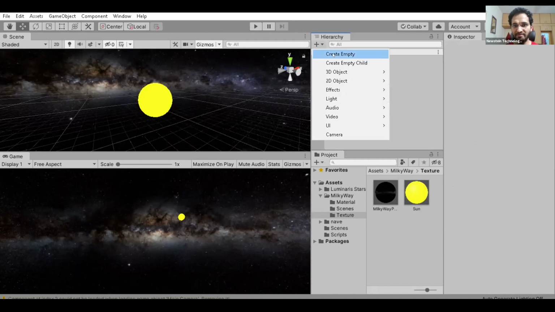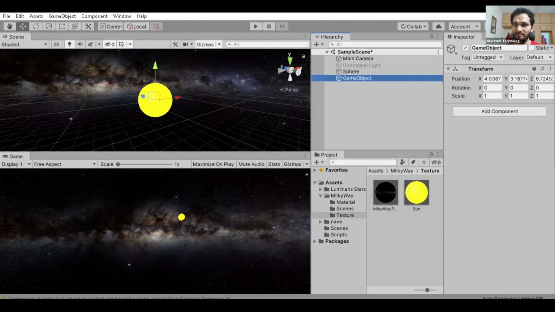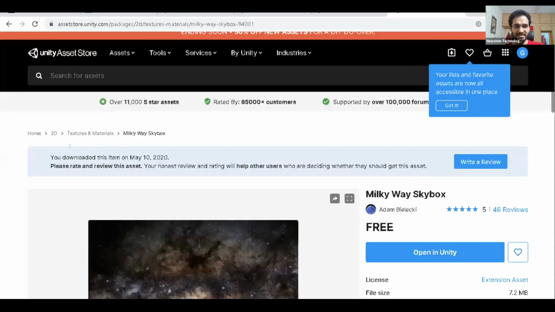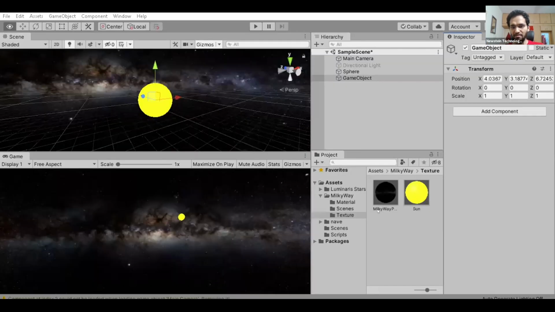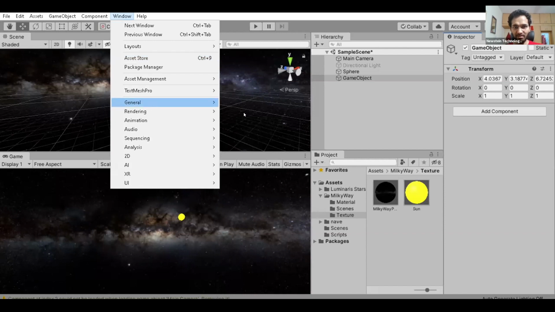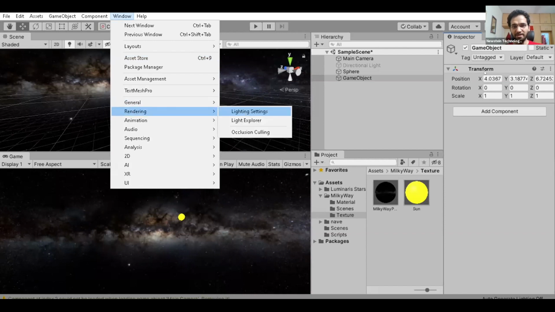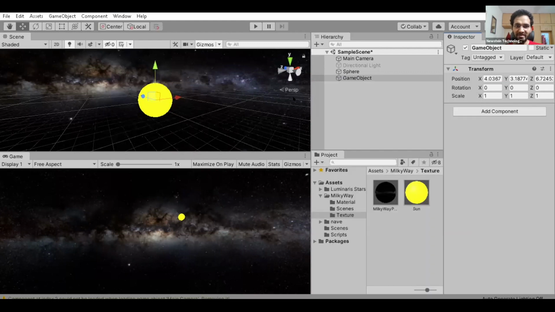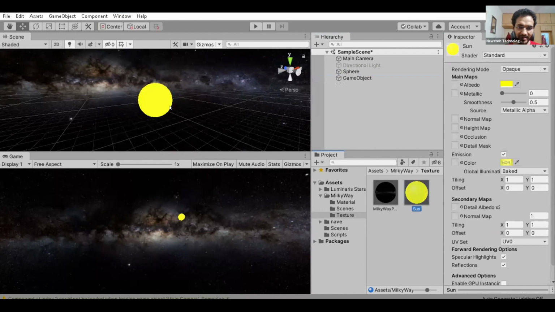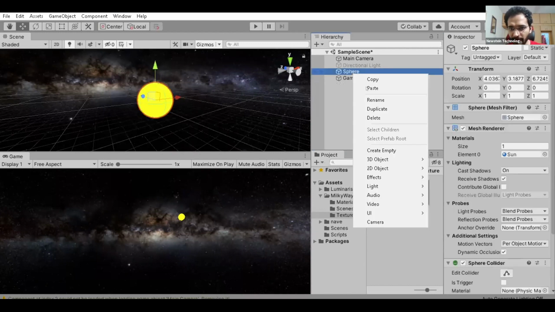Now I'll create an empty object. First we'll create the planets and then we'll come to the sun. So for planets, first I am creating an empty object. So everyone just watch that. I have not done anything new. I have imported the Milky Way galaxy asset, and you can drag and drop also as he said it works, or you can go to Windows rendering and light settings and then you can set it. So this is the first thing that I did. Second, I created a sphere and I assigned a glowing material to it. And one thing I'll do is I'll add a point light here in the sun.